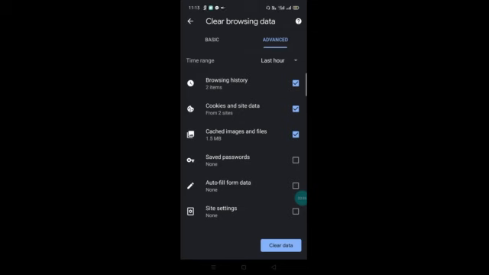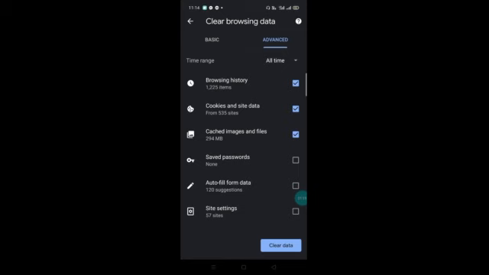But you have to select the time range. Here it is showing last hour by default, but I have to set the time range as All time. You have to click on All time. After clicking on All time, you will see the MB numbers of browsing history, cookies and site data, and cached images and files have increased.